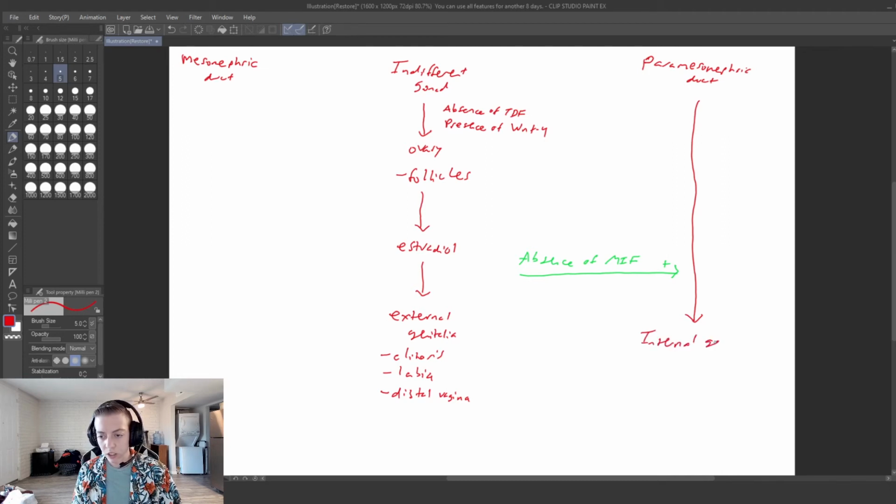internal genitalia, and that is going to become the fallopian tubes or the uterine tubes, whichever term you prefer. The uterus and the proximal, so the upper part. I cannot handwrite today. I was going to try to do a lot better with my handwriting, but that apparently is not the case of what is going on. Proximal